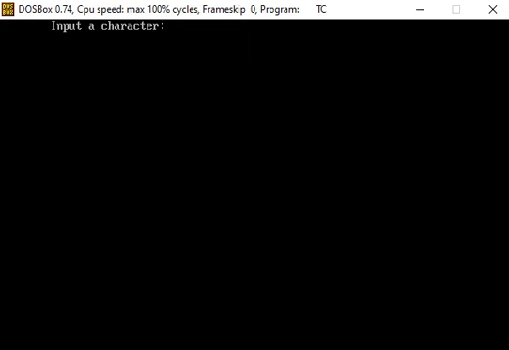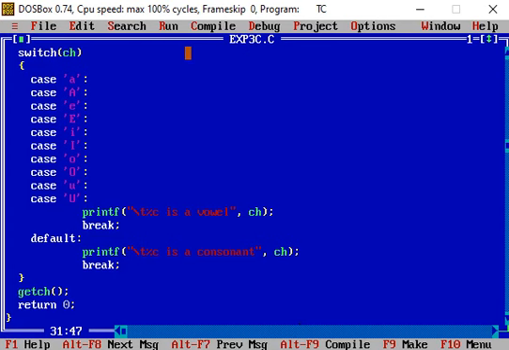Input a character. Suppose we enter a character E and press the enter key. E is a vowel, and we know that E is a vowel. Press the enter key to go to the coding window, and again run the program.